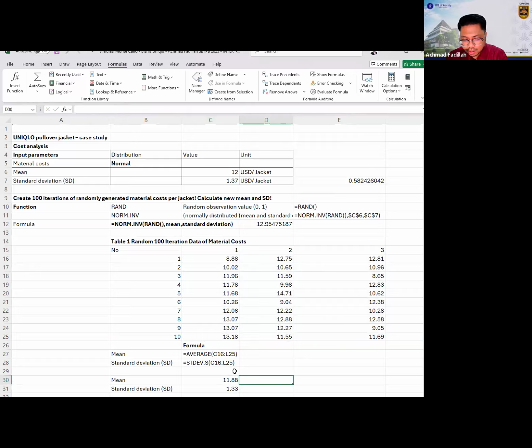You can compare with this. This is the difference, and this will always change. It's not exactly the same as here. It depends on the situation; this can be higher or lower than the average price in every iteration. This is dynamic, which is why it can be called a dynamic process of simulation modeling, because the probability and the randomized things also impact the result.